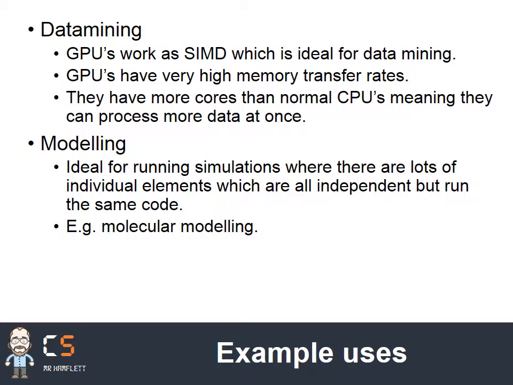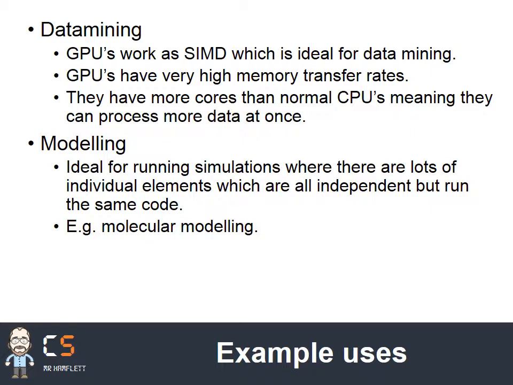So we can use graphics processing units for different purposes. Here are two examples of things you can do. Data mining. Data mining is covered in detail in another topic on component 2 when you're looking at computation methods. But in general, it's where we're trying to pull trends and predictions out of vast amounts of data. Because of the vast amount of data, a single instruction multiple data approach is ideal for it. GPUs also have a very high memory transfer rate,